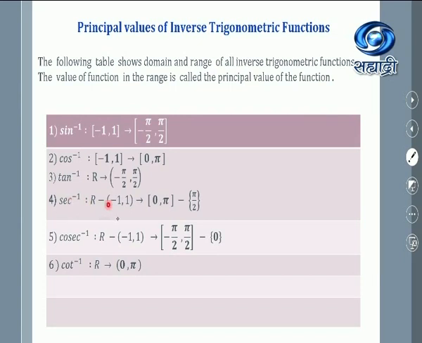Right? Now sec inverse. For sec inverse, the domain is this interval. From the set of reals, we exclude the values in the open interval -1 to 1, and the range is the closed interval 0 comma pi, no doubt, but we will have to exclude the singleton pi by 2.